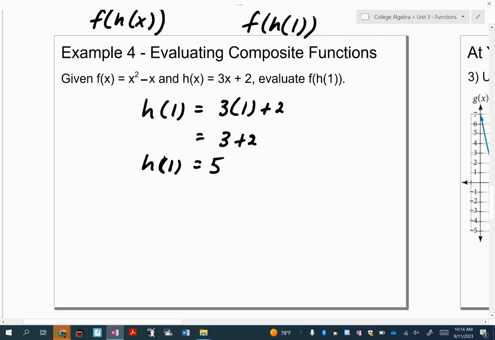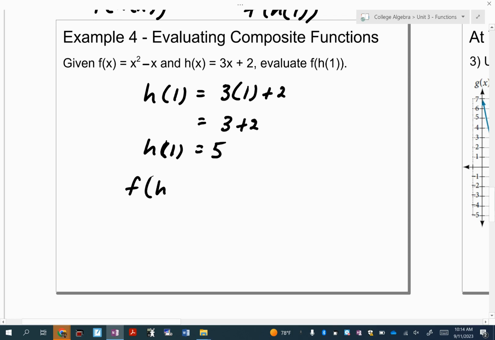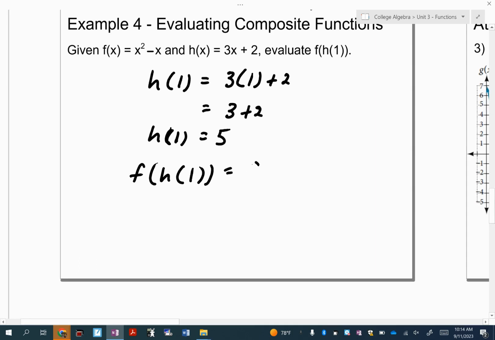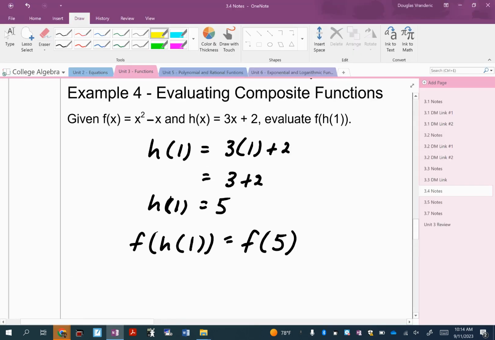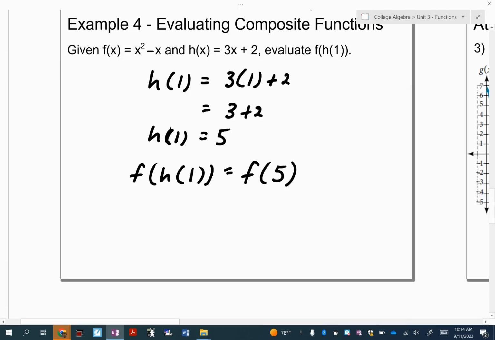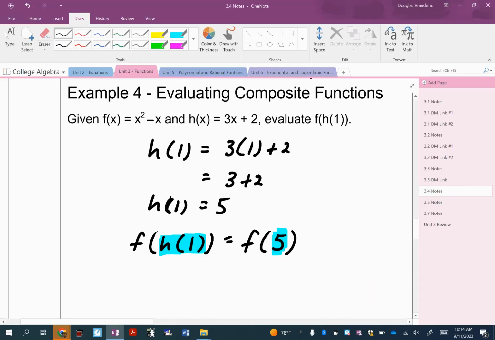All right, so now watch this. Let's see if your brain can do this. I'm doing f of h of 1, but remember, that's the same as doing f of, and you just found that h of 1 is 5. So I'm going to do f of 5. So what my brain understands, I'm hoping yours will learn too, is that if you find that h of 1 is 5, you can replace that h of 1 with that 5. Okay, so now I'm going to do f of 5,